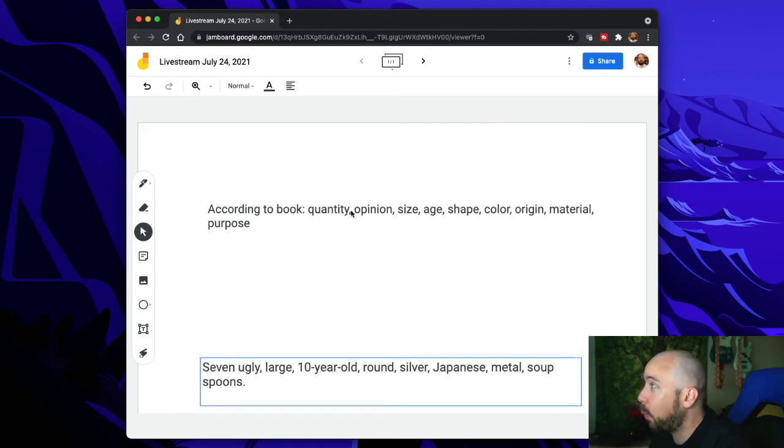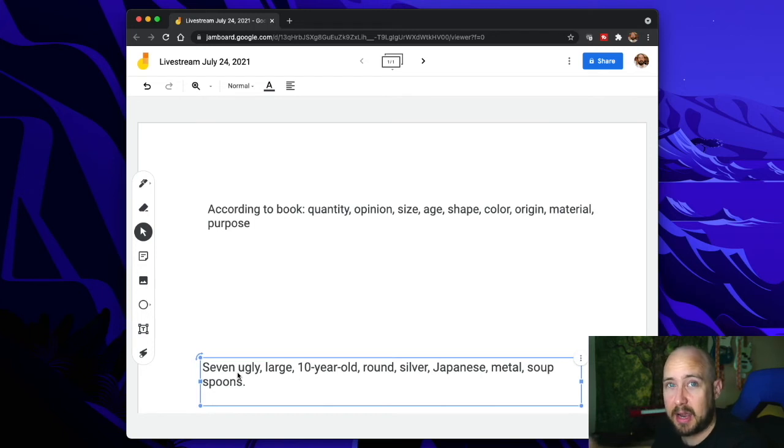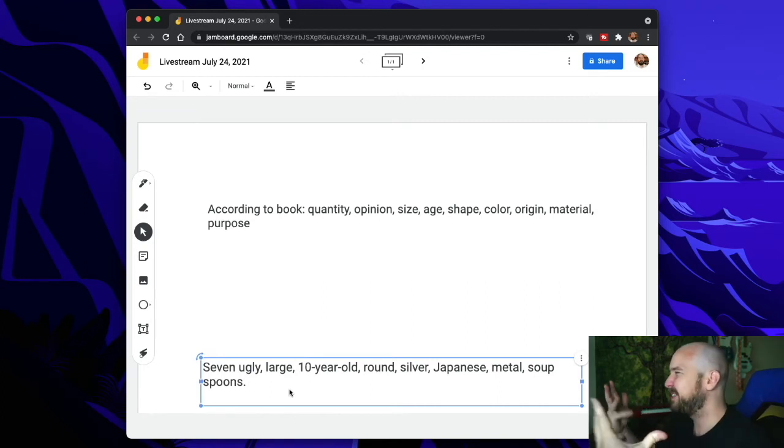Similarly, the quantity. You'll notice that I didn't even put a comma after 7 because it's not acting in the same way as the adjectives here. The quantity is separate, so that definitely needs to come first. When we start getting into the adjectives themselves, though, that's when things get sticky, because I feel like I could say 7 large, ugly, 10-year-old, silver, round, metal, Japanese. At this point, I feel like we could really move a lot of stuff around,